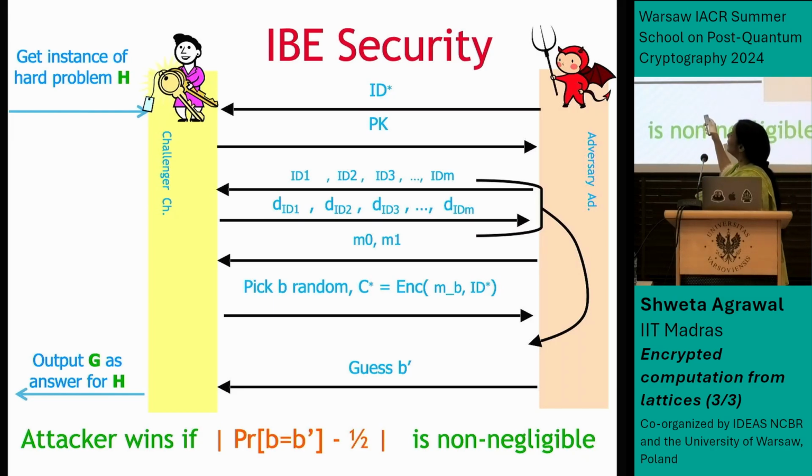So this is actually a weaker definition, which is called selective security. Selective security means that the challenge identity should be output by the adversary in the very first step. And if you think this definition is unnatural, it's because it is unnatural. We use it because we don't know how to do the more general case, which is that the attacker just picks ID star at any point. And by the way, adaptive security is a big open question in this space. It's been open for more than a decade. Does that answer your question?